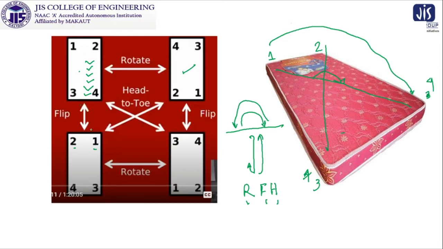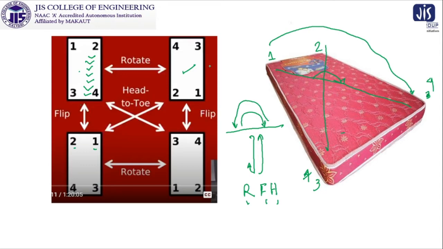If you flip, then head to toe, then rotate, you will get the same matrix. So it is a problem of a very interesting type, and if you are a very basic learner on this topic, you have to make these changes by your own drawing, by your own visualization and realization. Only then will you understand why we are entering into this topic so importantly.